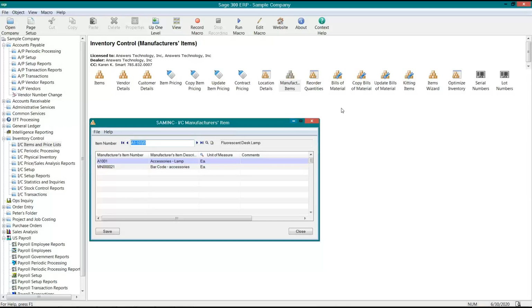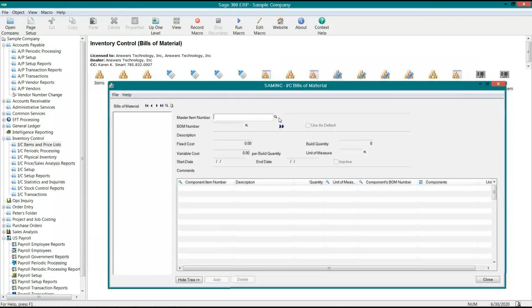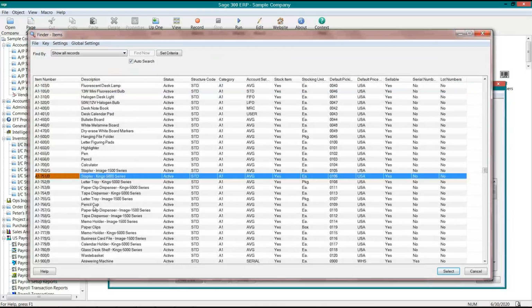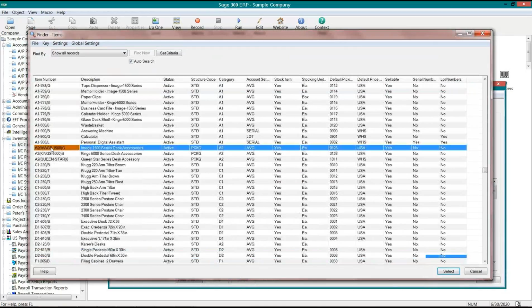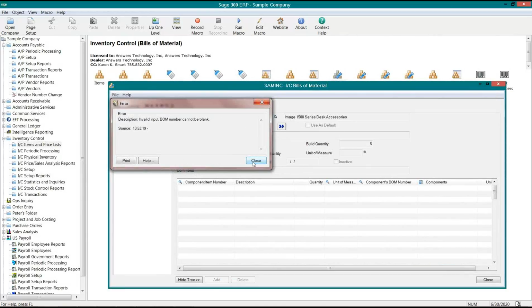Okay, so the first thing that you have to do, if you're going to use bills of material, is create that master or finished good item, okay, that's going to become your master item number. That's the first order of business when you start using bill of materials. Create all of the master item numbers if they don't already exist. Many times they already do, because a company has been buying a master item number for years. So, for instance, if we go back to this desktop accessories bill of material here,